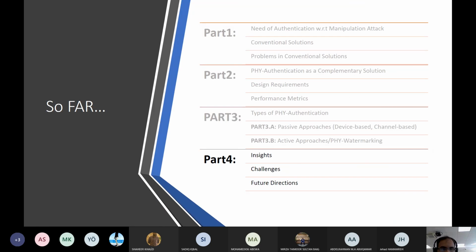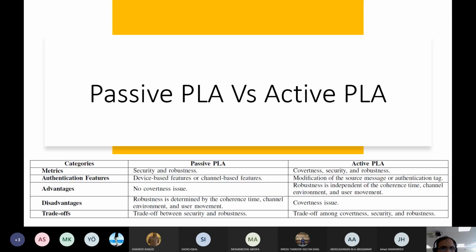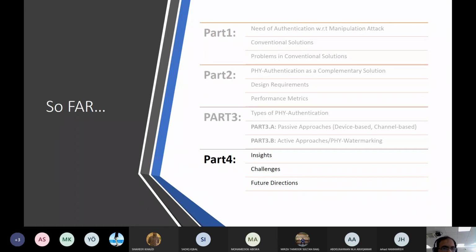So this is part 3, and let us have another break, and then finally we will go into the detail of